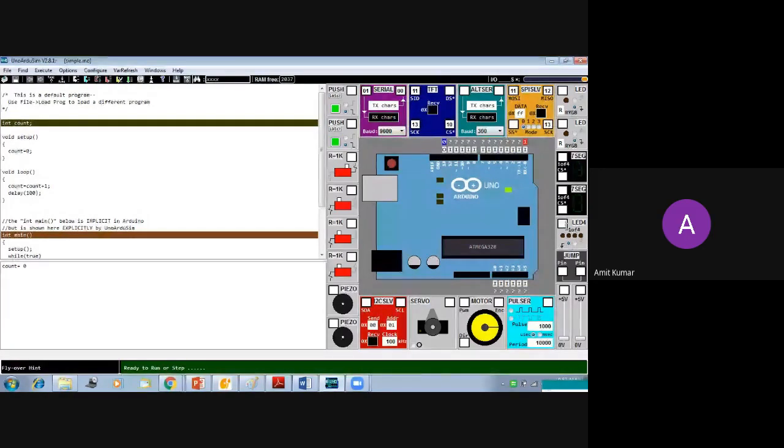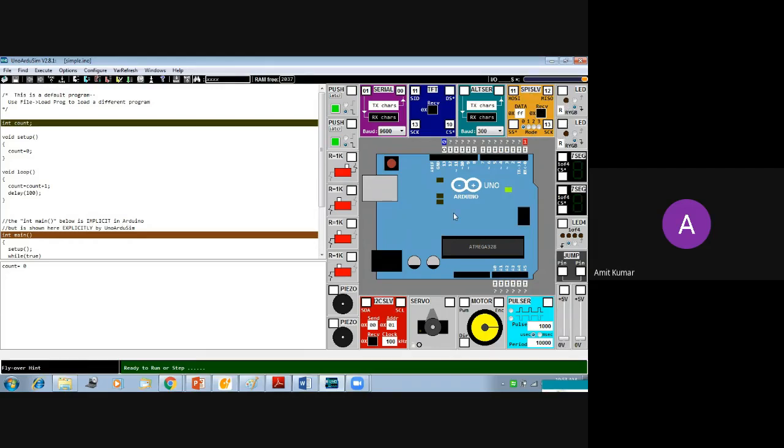These two are 7 segment LEDs, which are used for the display of numbers and alphabets. If you want to represent 0, 1, 2, 3, 4, 5, 6, 7, 8, 9, you can use it. Now we have two output LEDs here, where you can blink those LEDs.